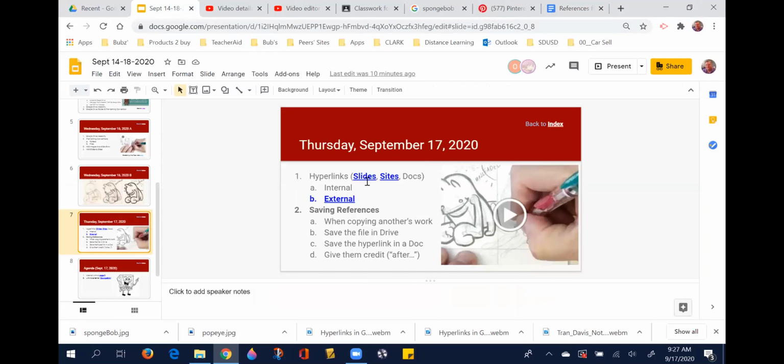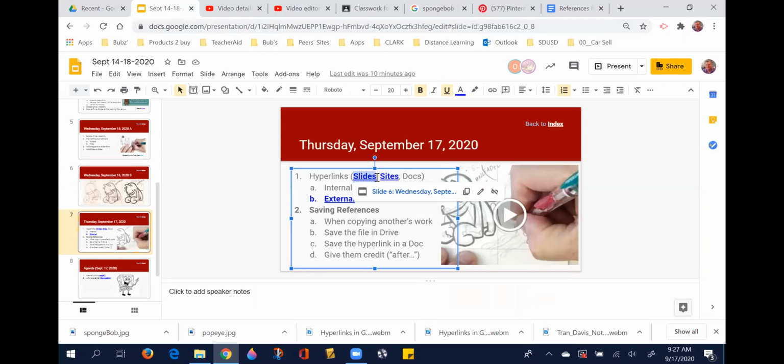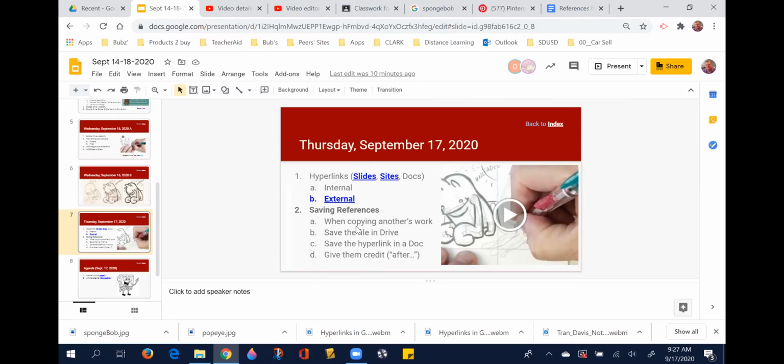Okay, so we talked about slides. We talked about hyperlinks. Hyperlinks work the same on Google Sites as they do on slides. So whether you're doing an image like this, or an inserted YouTube video from today's Daily Doodle, this is a link to my YouTube page that is also linked here. And once again, an internal link